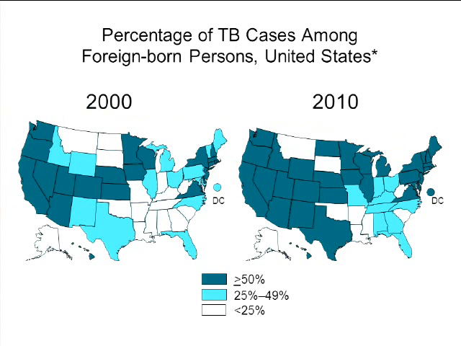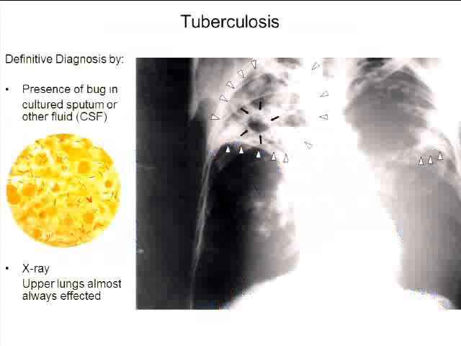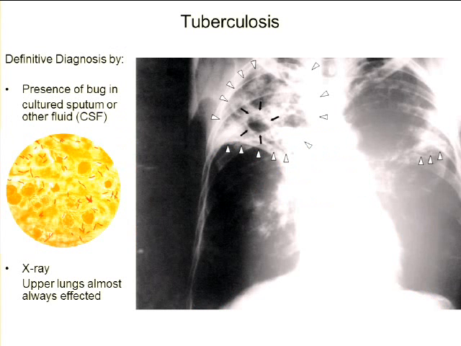And this slide just shows you the change within the last decade in the percentage of TB cases among foreign-born persons in the United States. I'm not going to focus on that anymore. So what I've tried to show you from all that epidemiology is that the incidence of TB is directly correlated to what part of the earth this person lives in. In the U.S., we still have pretty low overall incidence of TB compared to globally.